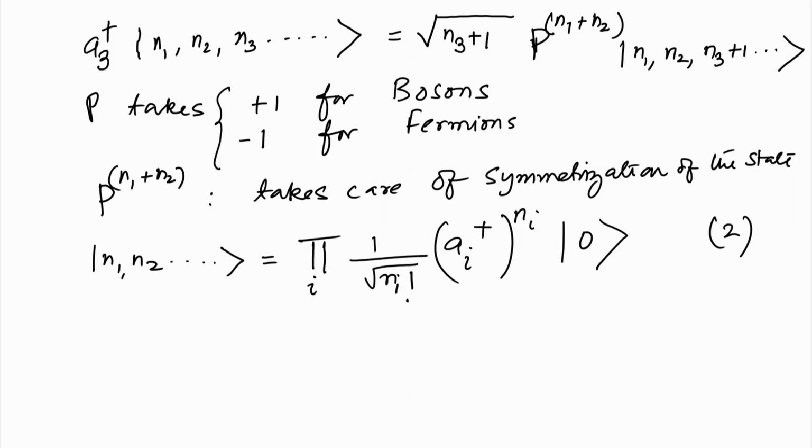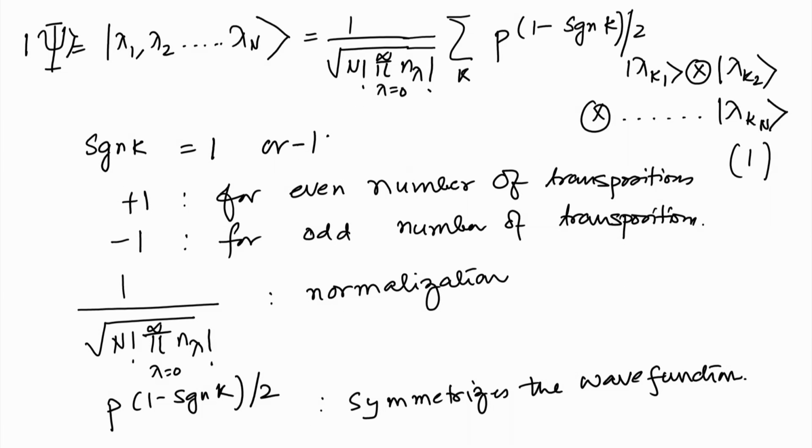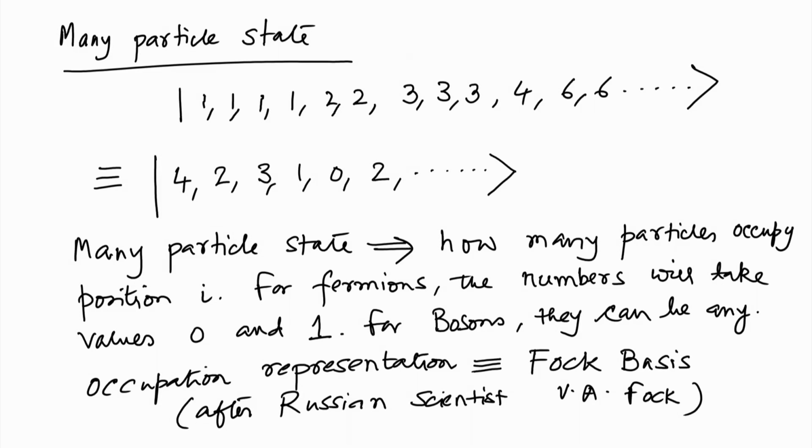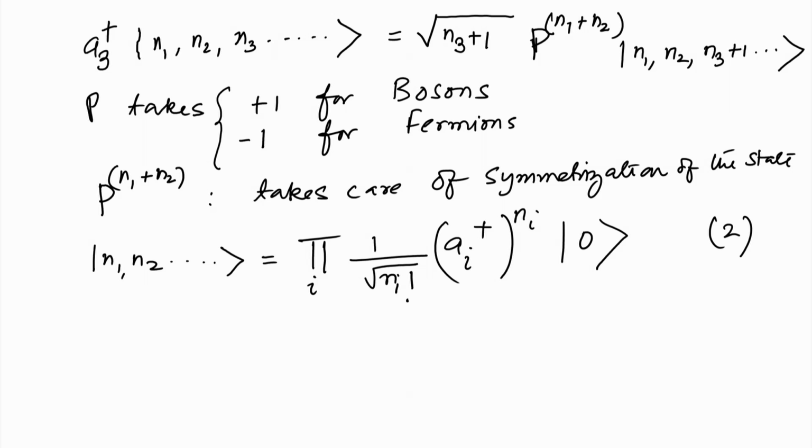And so, this complicated permutation entanglement, which is there in equation 1 here by this summation over k and p, 1 minus sgn k by 2, is encoded here. And how would it be encoded? It will be encoded through the commutation relation of these operators, and that is why this formalism of second quantization is so helpful for dealing with many particle systems. So,